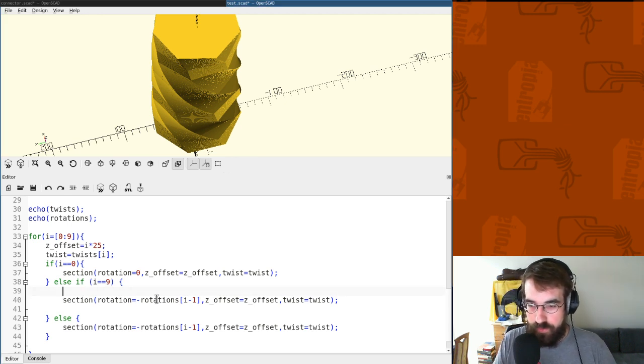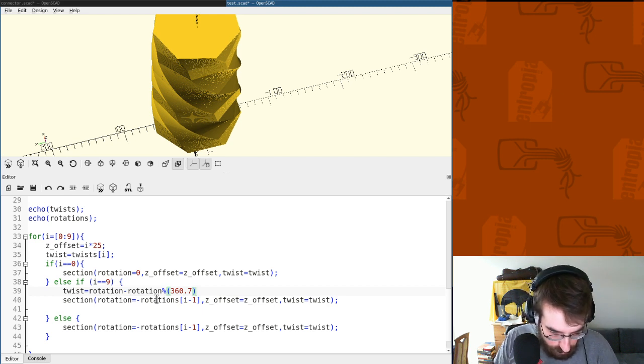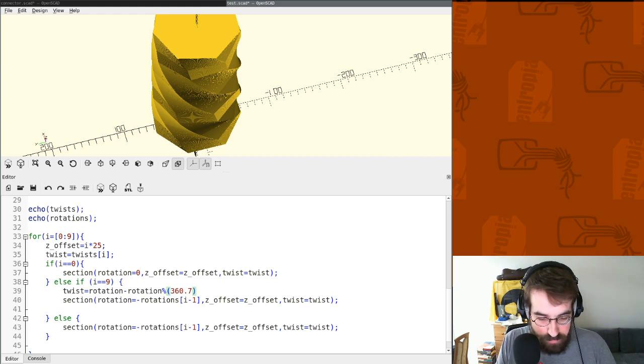Okay. So, how this would go is we would have the twist should be equal to the rotation minus the rotation modulo 360 divided by 7. I'm not sure that this is the solution that we should go with. Melmoth proposed something like rotation 9, so the last element of rotation, from that subtracted the twist 0 plus 30 modulo 30. I'm not sure what the 30 is supposed to be, because actually the